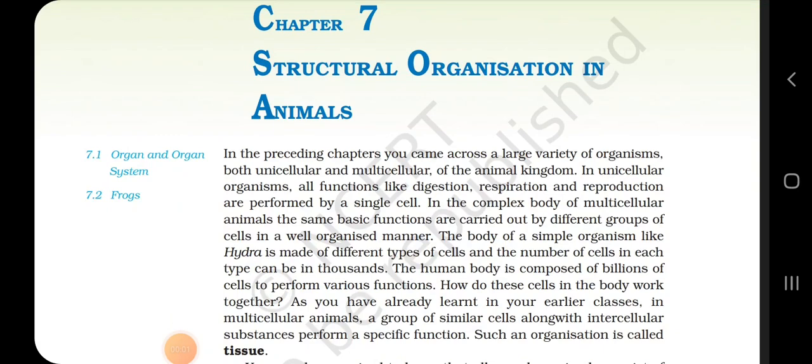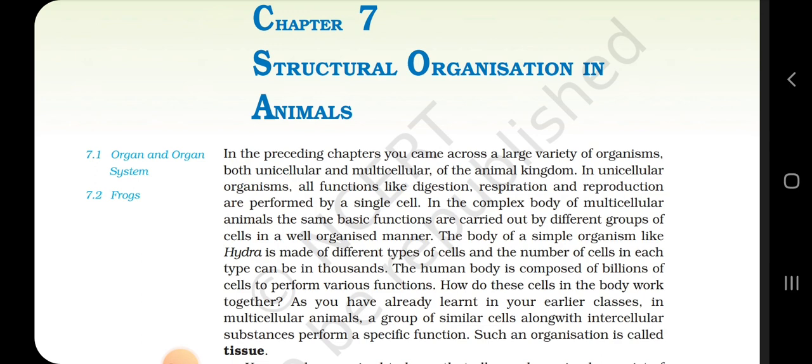Chapter 7, Structural Organization in Animals. In the preceding chapters, you came across a large variety of organisms, both unicellular and multicellular, of the animal kingdom. In unicellular organisms, all functions like digestion, respiration, and reproduction are performed by a single cell. In the complex body of multicellular animals, the same basic functions are carried out by different groups of cells